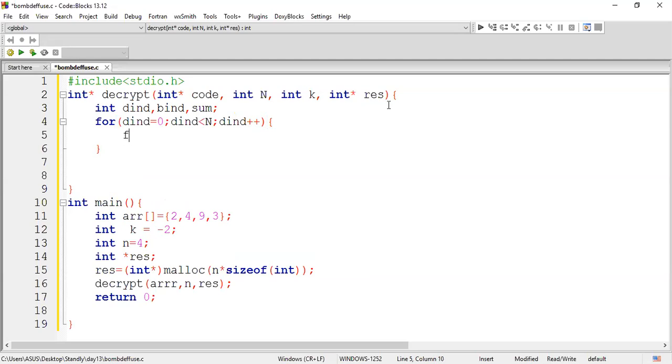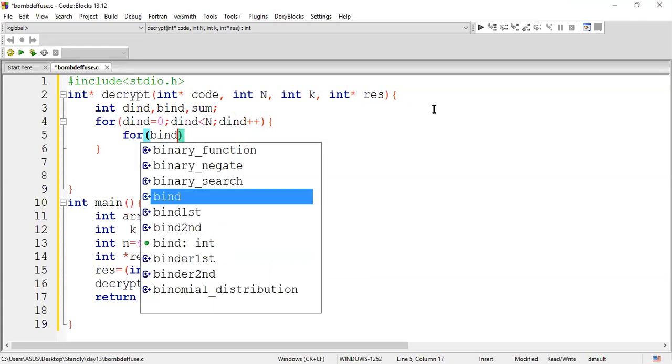So for this, here we are supposed to iterate our b index. So previously our b index was like, key value is positive. So we are taking like,